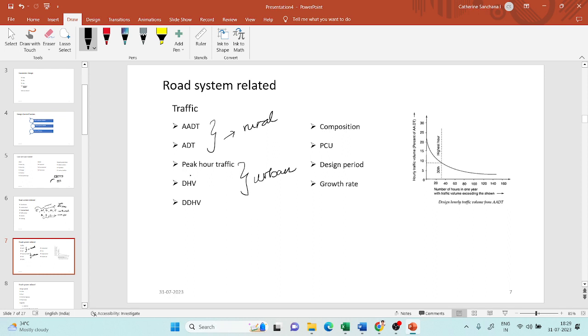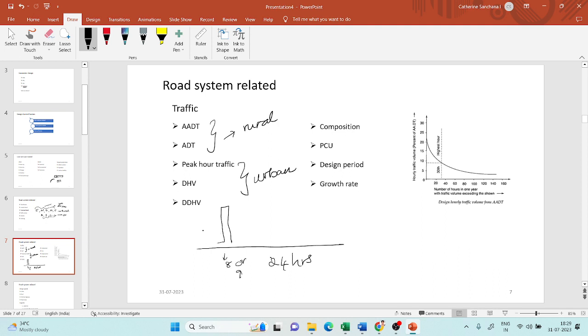Why is that? Because in urban roads, your traffic is not going to be the same throughout the 24 hours. If this is my 24-hour duration, my traffic is not going to remain the same. There may be a peak in the morning, say around 8 or 9 o'clock,